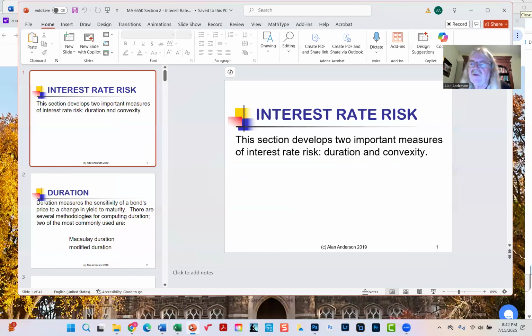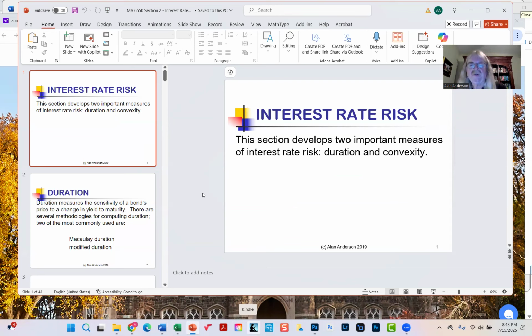Okay, so now we're going to go back and pick it up where we left off last time. We just barely started to touch on the topic of interest rate risk. This is now section two. And so we're going to introduce two key ideas here. We're going to look at the measures that are known as duration and convexity. And we're going to understand first how they're calculated, and secondly, what exactly do they tell us about interest rate